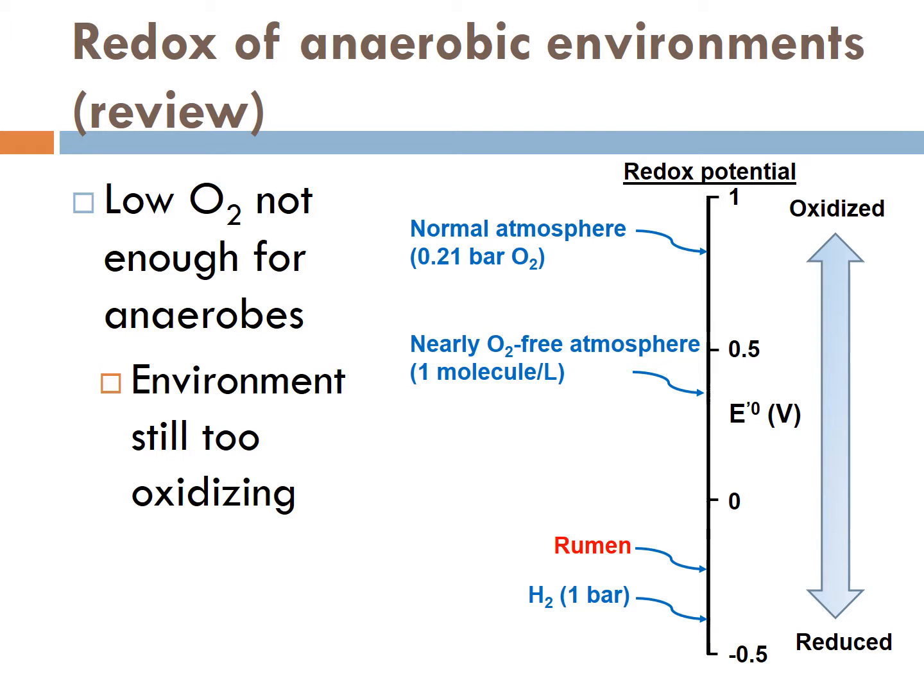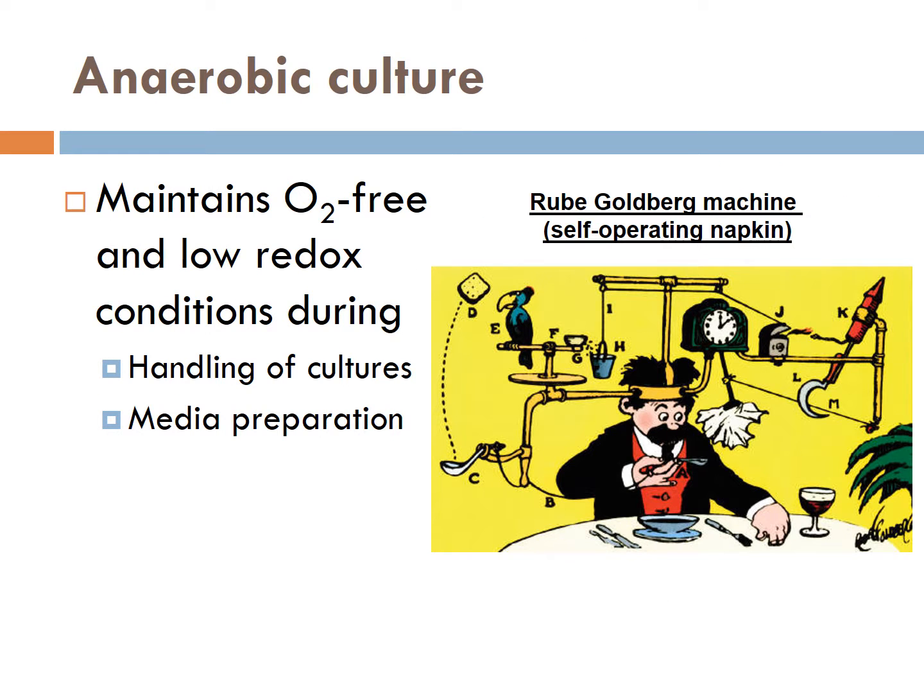The redox potential of the rumen is far lower than media equilibrated with a nearly oxygen-free atmosphere, containing 1 molecule of oxygen per liter. Because of the sensitivity of anaerobes to oxygen and high redox, the goal of anaerobic culture is to maintain oxygen-free and low redox conditions. We have to maintain these during handling of cultures and media preparation. This goal is conceptually quite simple, but the equipment we have to use to accomplish this goal can be rather